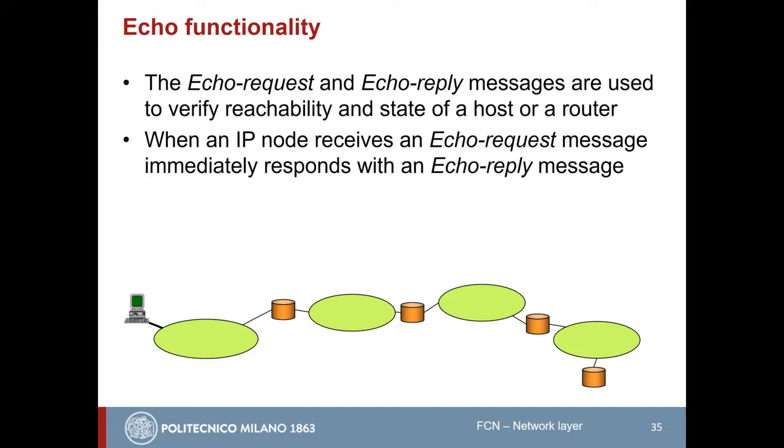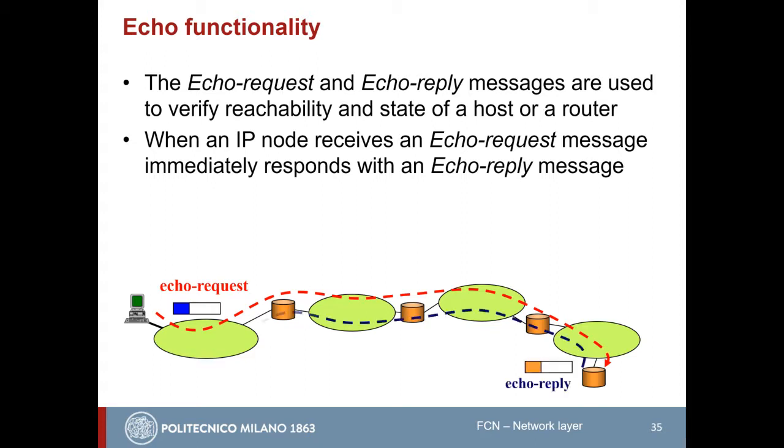If the destination router interface or host interface is able to receive this echo message, it has to immediately send back an echo reply to the source of the request, which is another ICMP message. So this is an echo request that is, for example, arriving at this specific interface of the router. The interface will send an echo reply to the source,